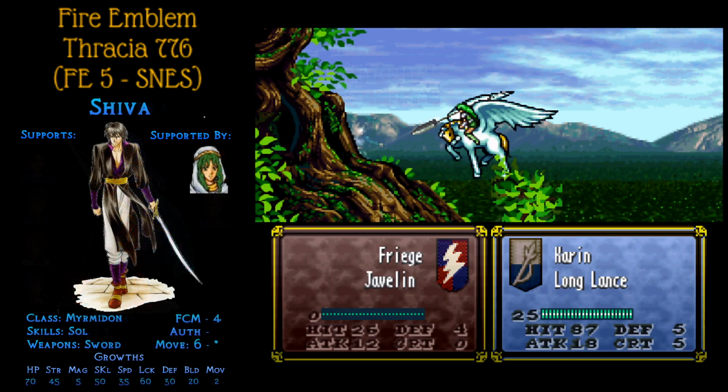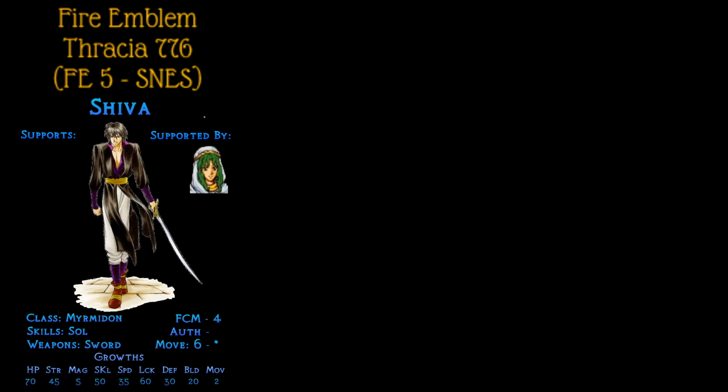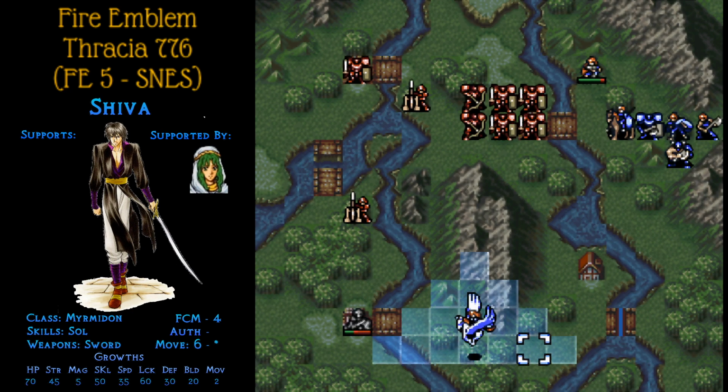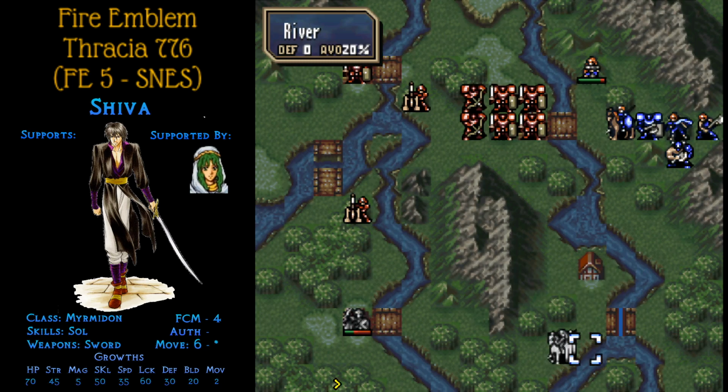Alright, Pegasus doing well. She did get a strength level up, so... I was a little bit unimpressed with her at the beginning. She seemed to have one of the classically bad early game Pegasus joins with bad stats, but she's definitely got some potential already at level 9, so...